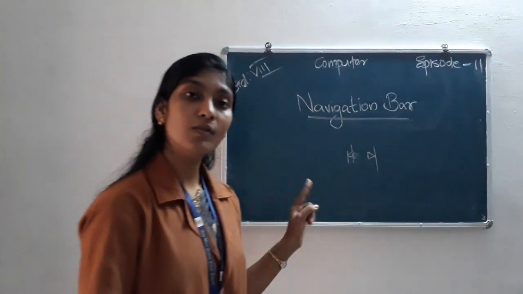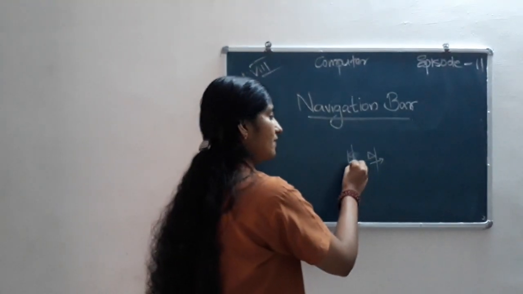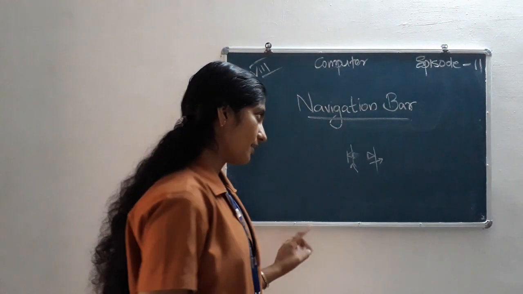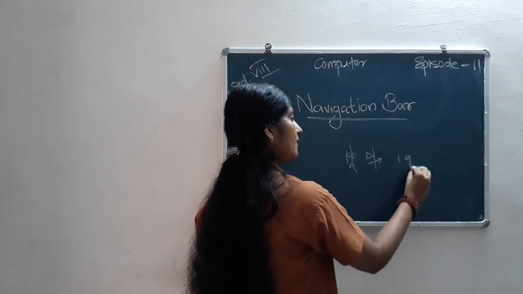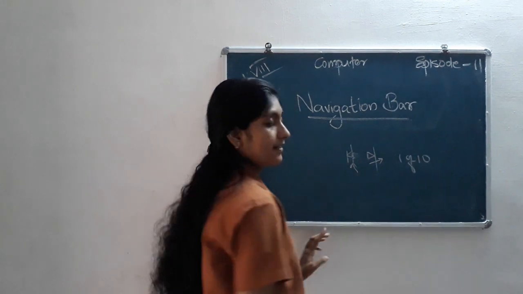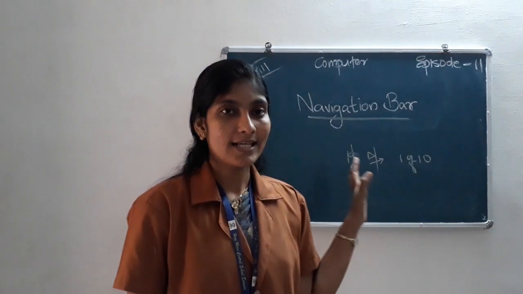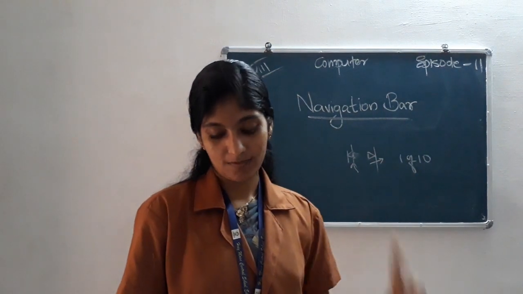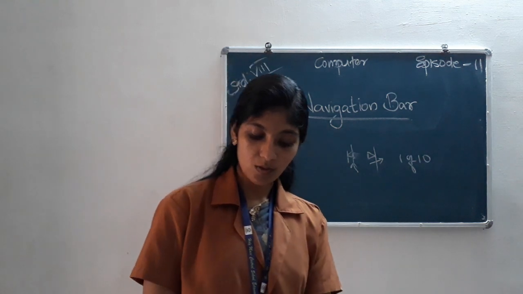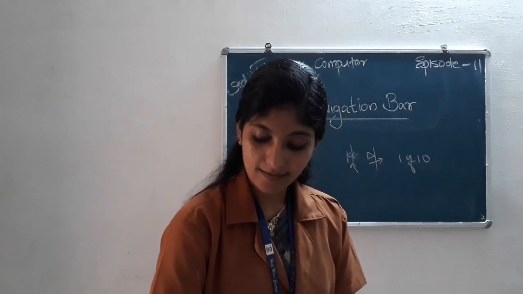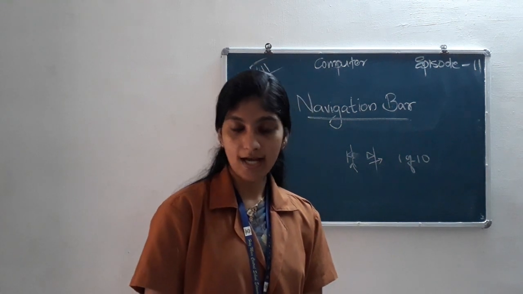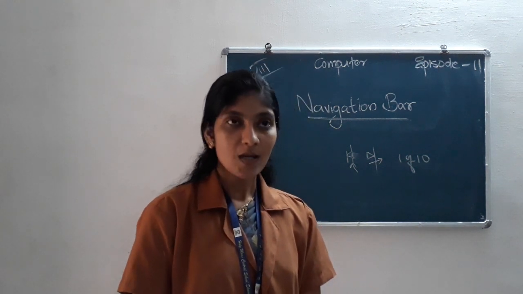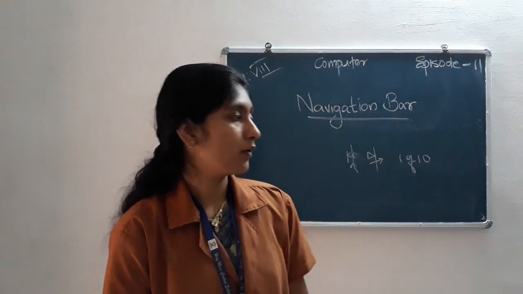If you want to go to the next record, you can press the next button, or the previous button, or first record, second record, etc. Last record, etc. So these types of options are available in which bar? Navigation bar. So below the form, you will see the navigation bar to go to previous, next, and first or last record. You can also add a new record from this.